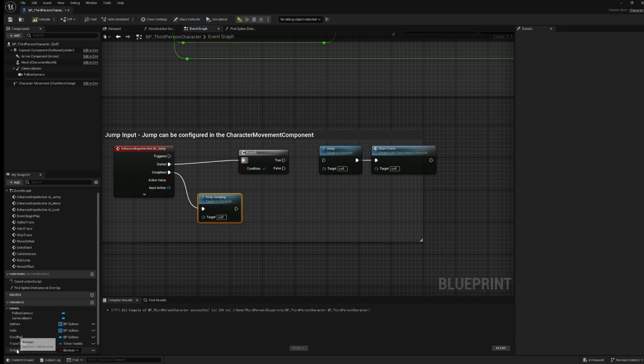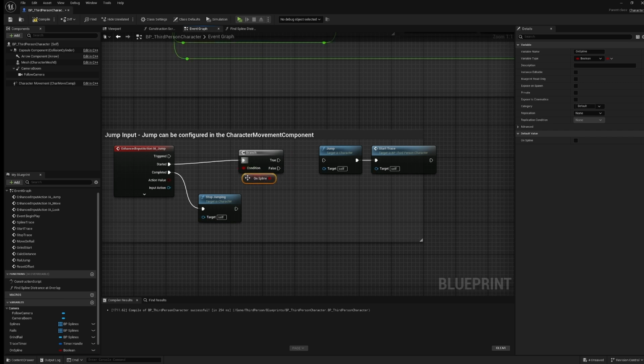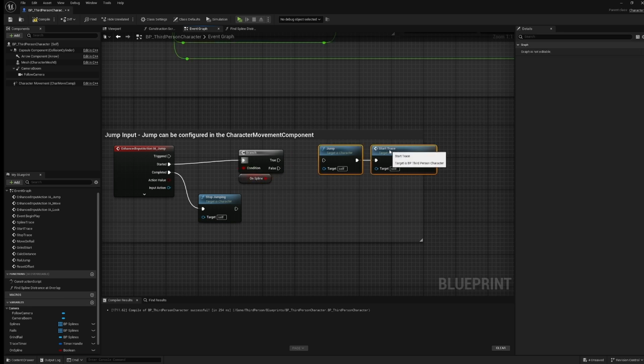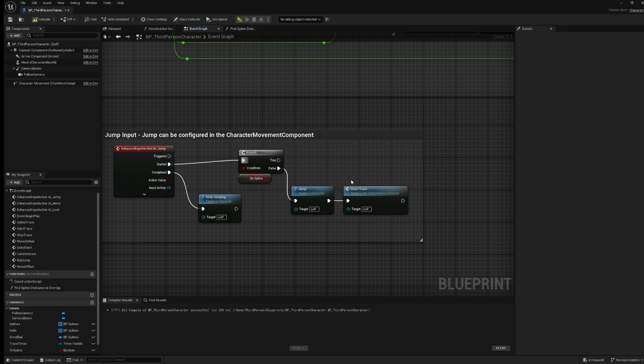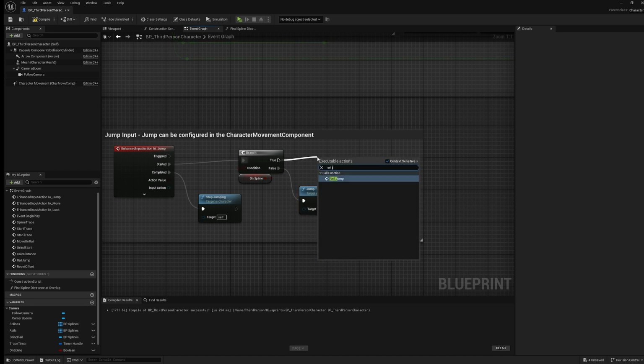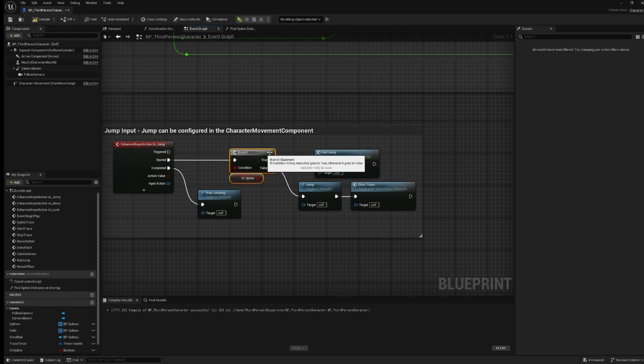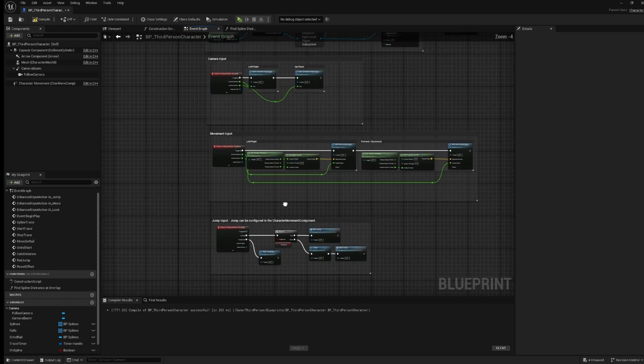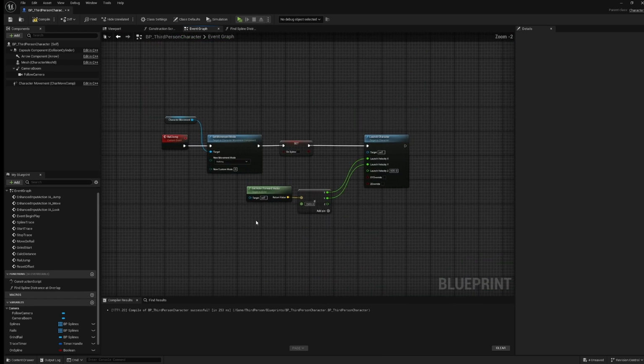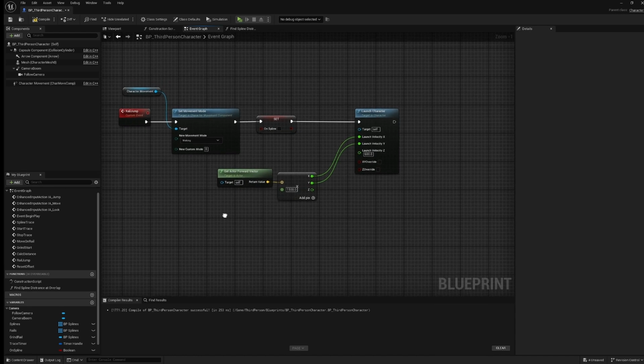So we're going to take our spline Boolean, and if we are not on the spline, then we want to do our jump and our start trace, and if we are, we want to do our rail jump. Now I'm going to tighten that up a bit to straighten it out, and then we want to go up to our rail jump,